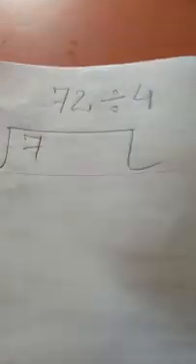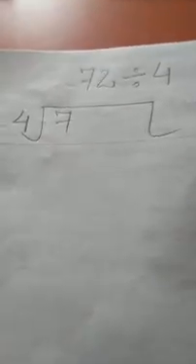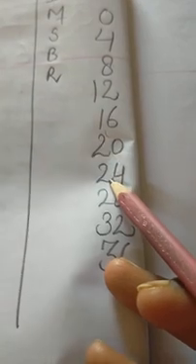Now see one more example relating to this, that is 72 divided by 4. Here again we will repeat all the steps. Firstly we will write the table of 4. 4 zeros the 0, 4 ones the 4, 4 twos the 8, 4 threes the 12, 4 fours the 16, 4 fives the 20, 4 sixes the 24, 4 sevens the 28, 4 eights the 32, 4 nines the 36. And the steps: dad's D, mom's M, sisters S, brothers B, and relatives R. Division, multiply, subtraction, bring down, and repeat.